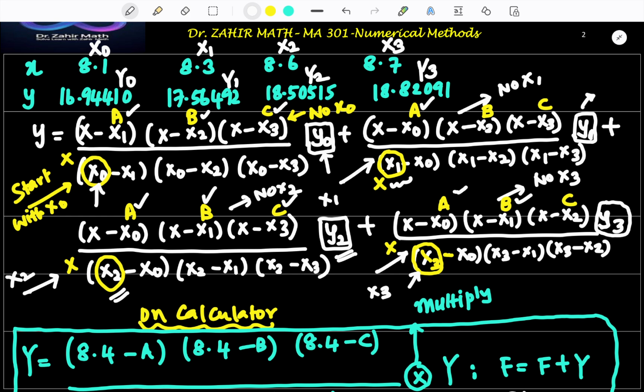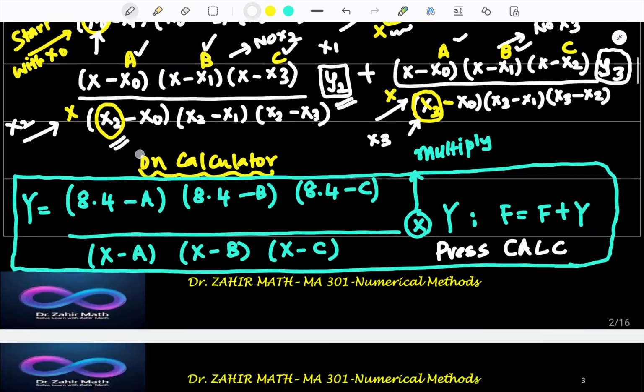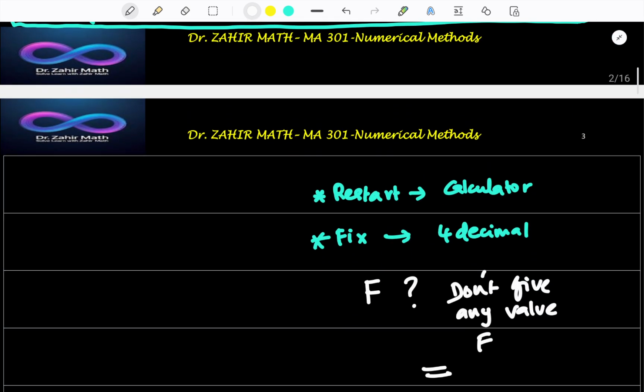Just press equal. Again it will give you Y value minus 4.7052. Do not do anything. Again press equal. You will get F is equal to F plus Y. This is your final answer. So you're going to write the answer. Y is equal to, the answer is